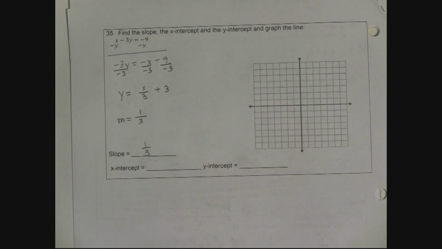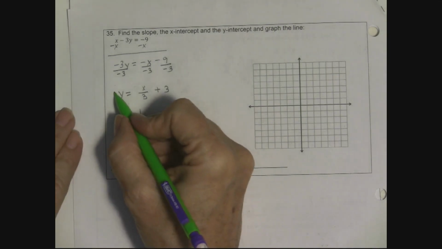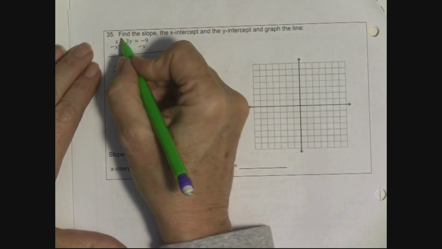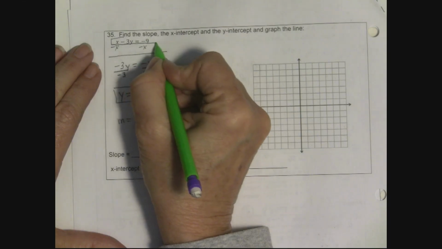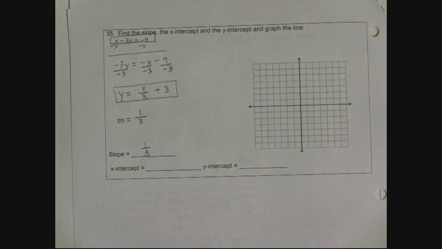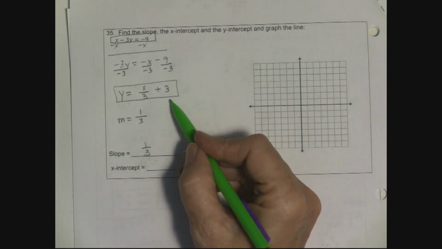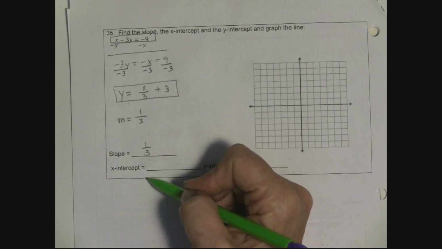The best place to find the x-intercept, you have 2 forms now of your line. You have this form, which is called slope-intercept form, and you have that form of the line, which is called standard form. And to find the x-intercept, it's actually easier in standard form than it is in slope-intercept form. So I just found that, but I would like to find the x-intercept, and I'd like to do it as